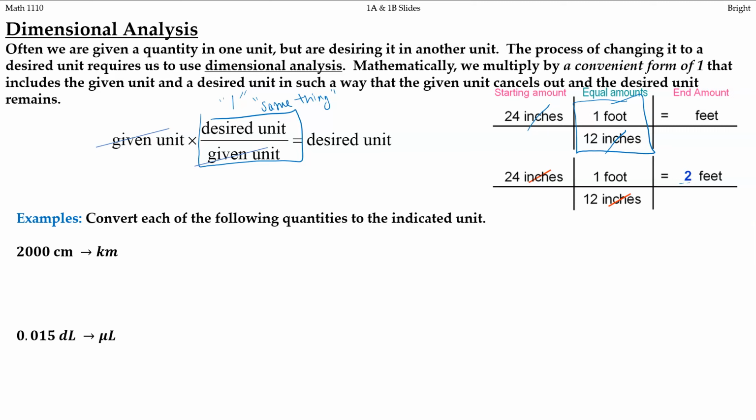Alright, hopefully you were able to pause the video and take a shot. What I would do here, first of all, I prefer working in scientific notation. So this is 2 times 10 to the third centimeters. Then to convert to kilometers, I know that centimeters on my scale is at 10 to the minus 3, kilometers is 10 to the third. I'm going to show you 2 ways of solving this. There's one that's a more direct way, and then one that's a little bit longer. So let's say I don't really remember how many centimeters are in a kilometer, that sort of thing, but I do know that